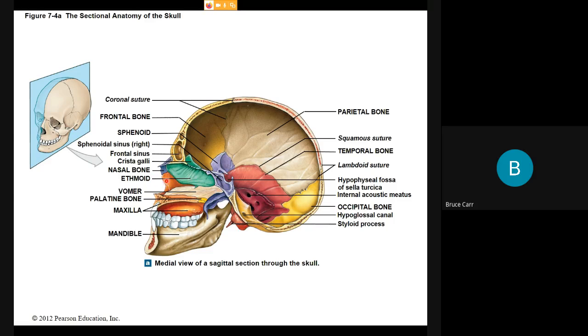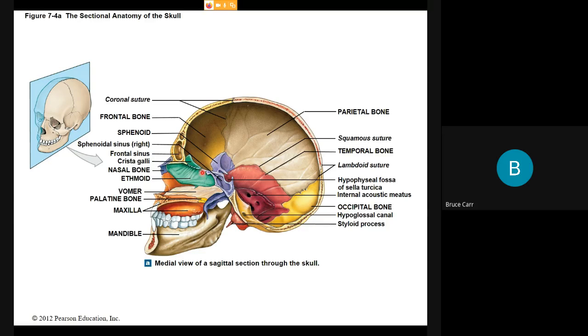The ethmoid bone is the main bone forming the roof of that notch, and it extends between the frontal bone and back to the sphenoid bone that forms the back wall. Now, the sphenoid bone is very central, connected to about every one of the surrounding bones, and even those bones of the face. Here in this notch, you notice that the ethmoid bone forms this roof, but there's also a